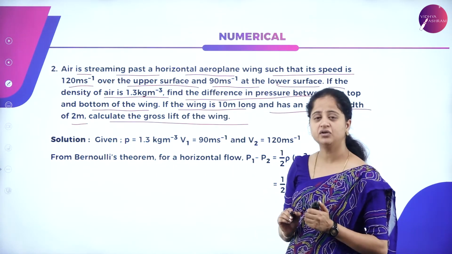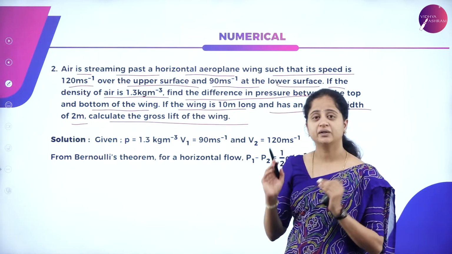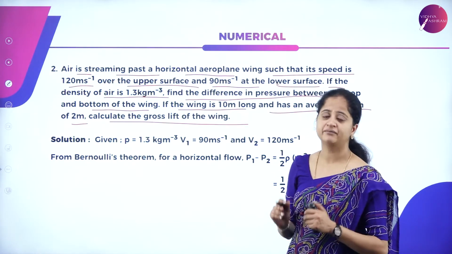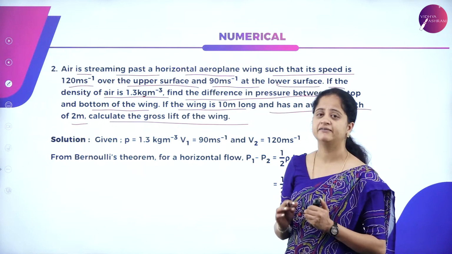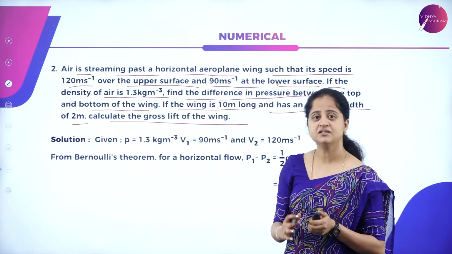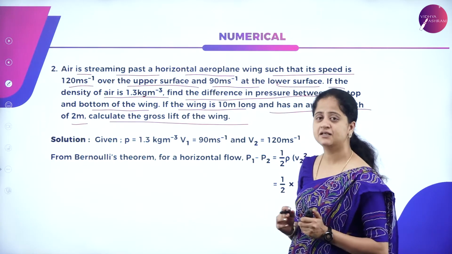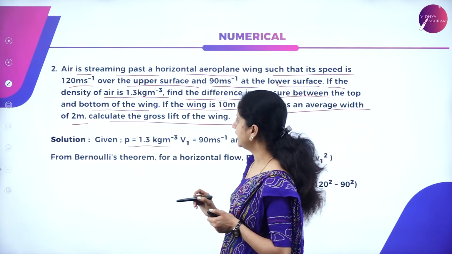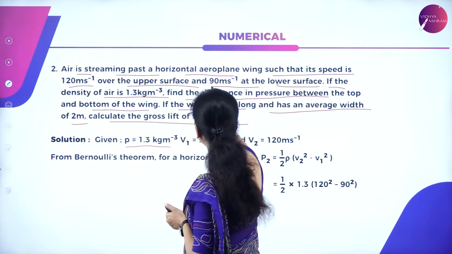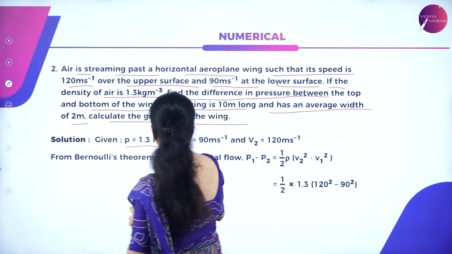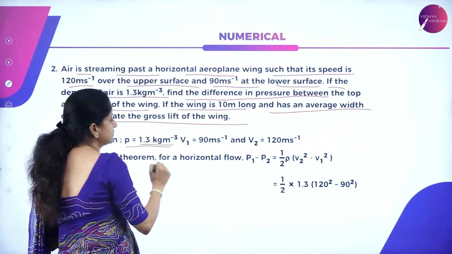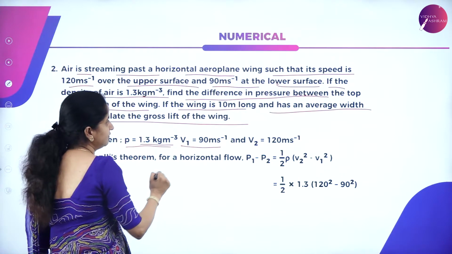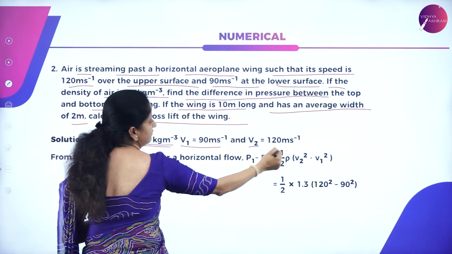So here we have to use Bernoulli's principle. Looking at the question only, we will come to know which formula we have to apply, which is the concept it is related to. Yes, it is related to Bernoulli's principle. Let us now write the given data. They have given the density is 1.3 kg per meter cube, and the velocity V1 is 90 meter per second